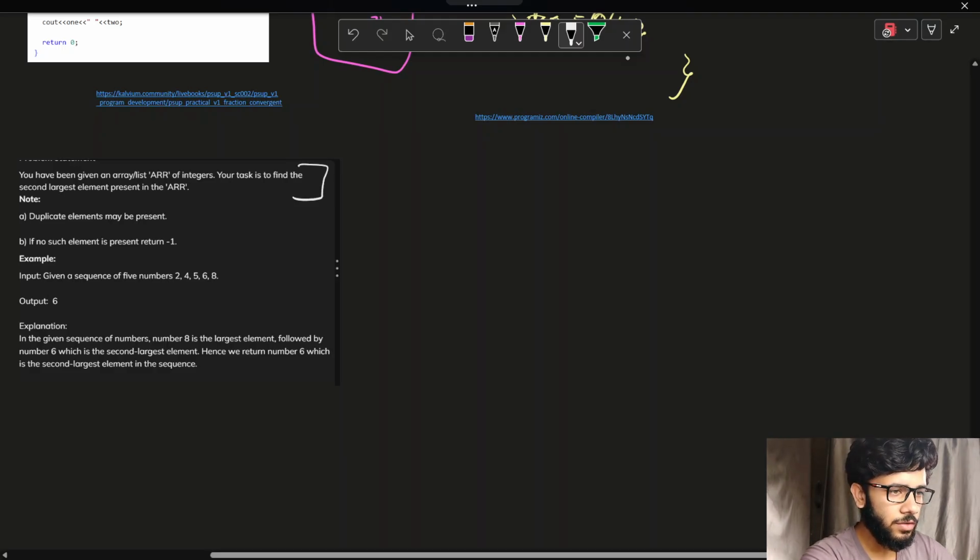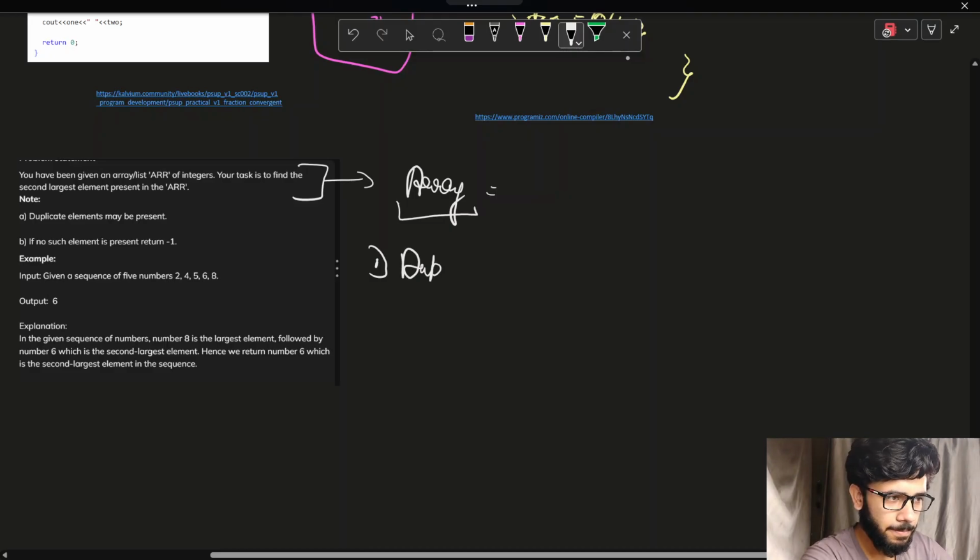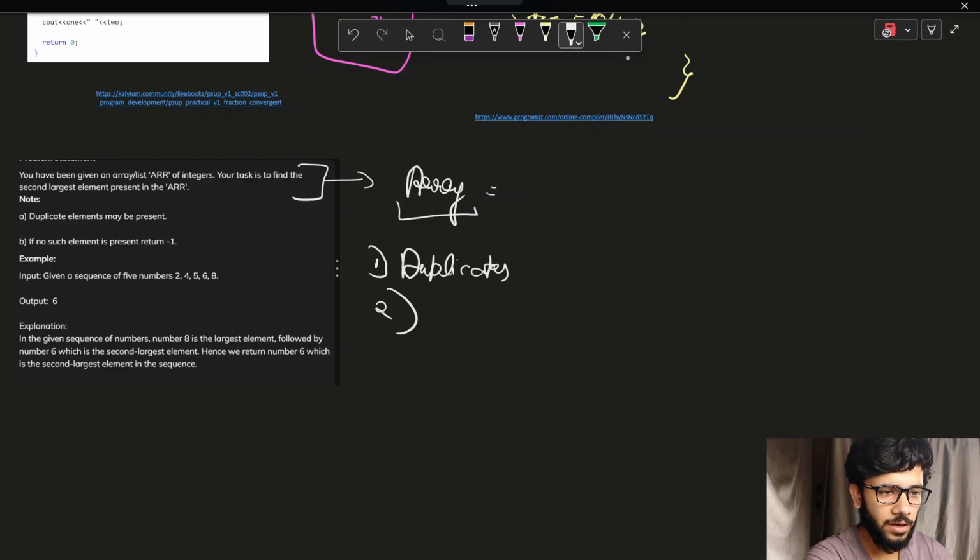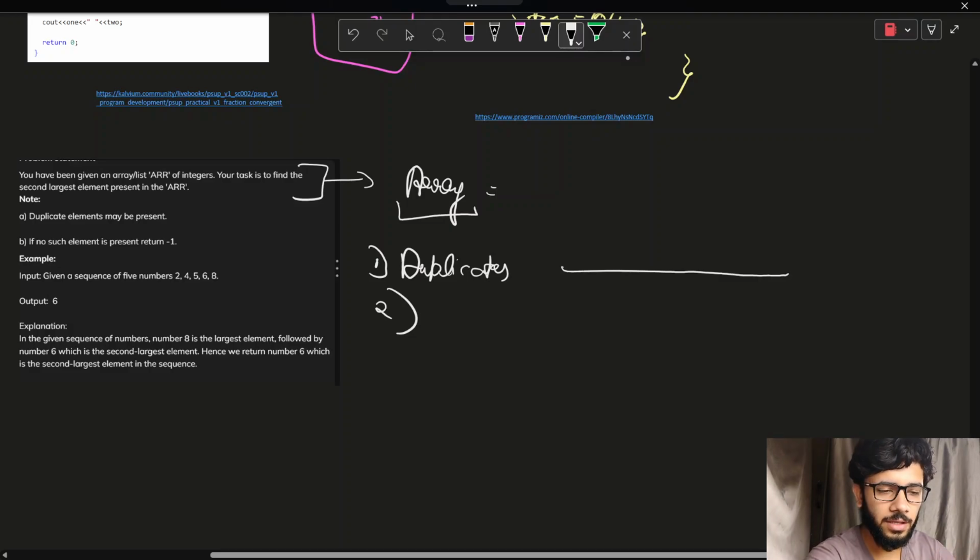So first of all, we will be given an array. Okay, so the array will be the input, and the things which you have to notice: first one is that duplicates may be present. Along with that, if no such element is there, like if all the elements are the same, say we have an array which has four elements and all are six, then which is the second largest? There is none. Then we have to return minus one. So an array will be given to us which has some values, and we have to return the